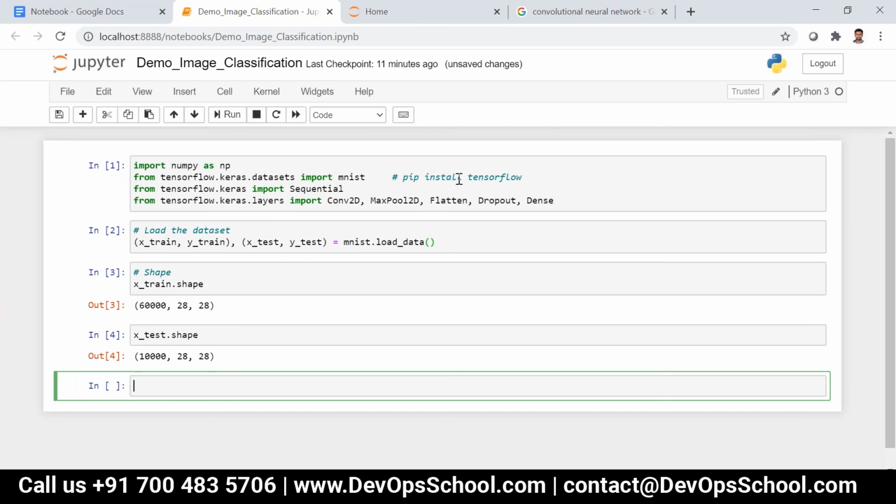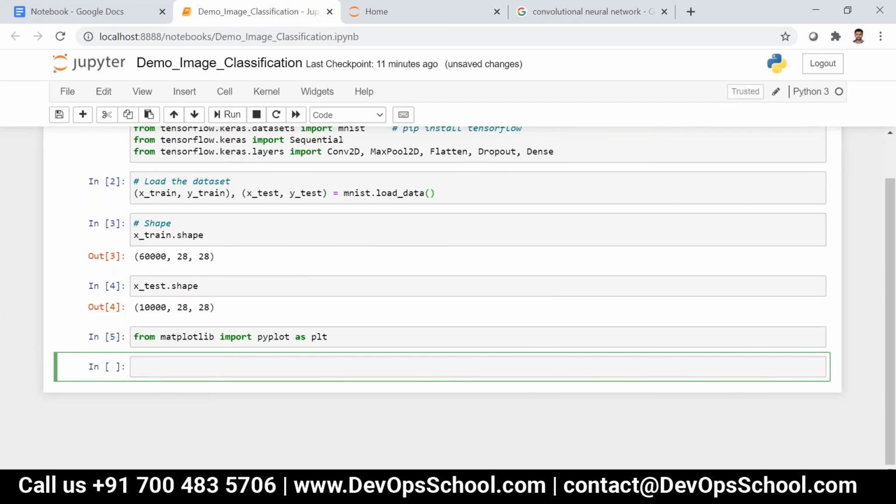If you install this, a dataset folder will be created, and over there we have n number of datasets basically. Now if I want to see some of the images, I can just write from matplotlib import pyplot as plt.